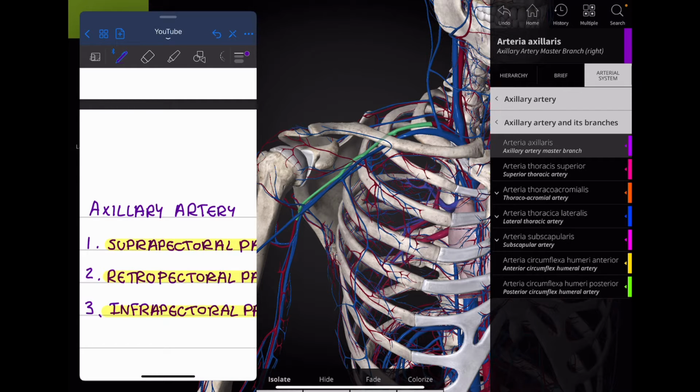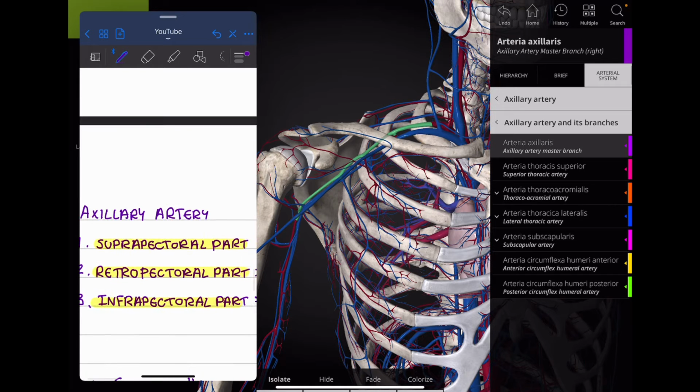Now, the axillary artery has three main parts. You can call them part 1, part 2, or part 3, or otherwise you can call them the suprapectoral part, the retropectoral part, and the infrapectoral part. Now, why is it important to know these parts? It is because each part has some branches coming off from them. So you will see later on when we talk about the branches why it's important to know the different parts